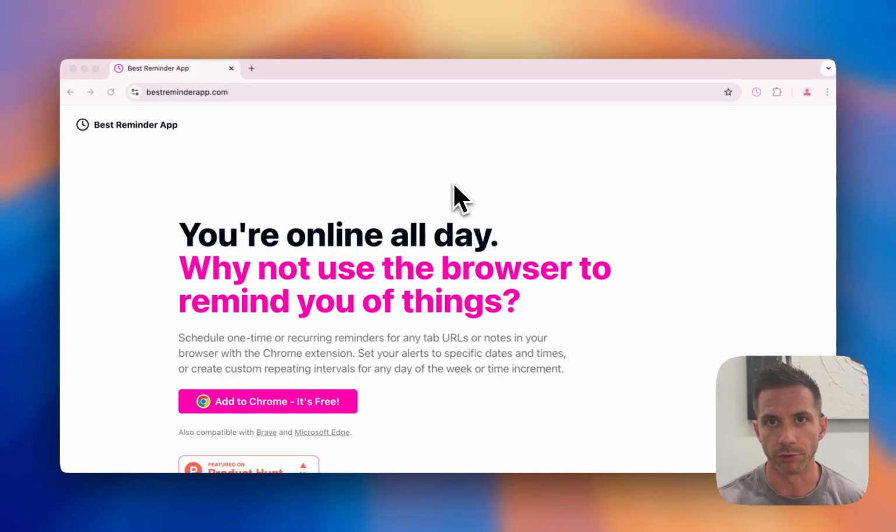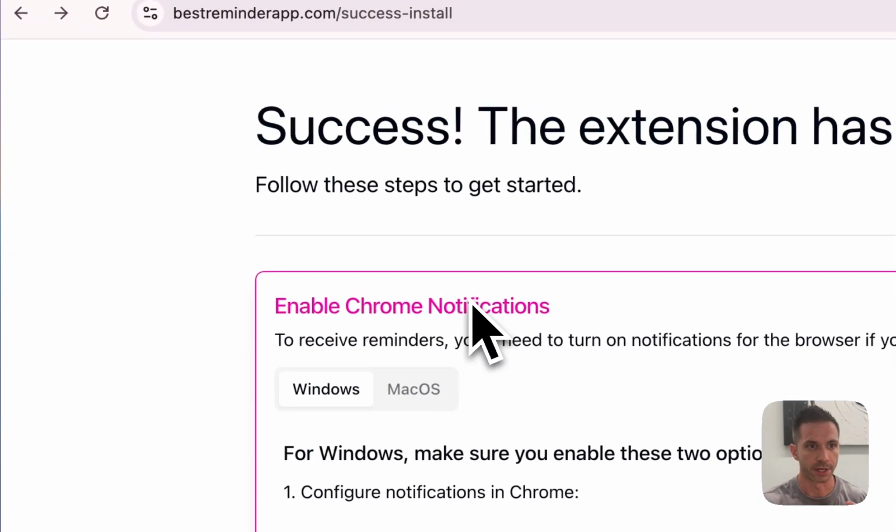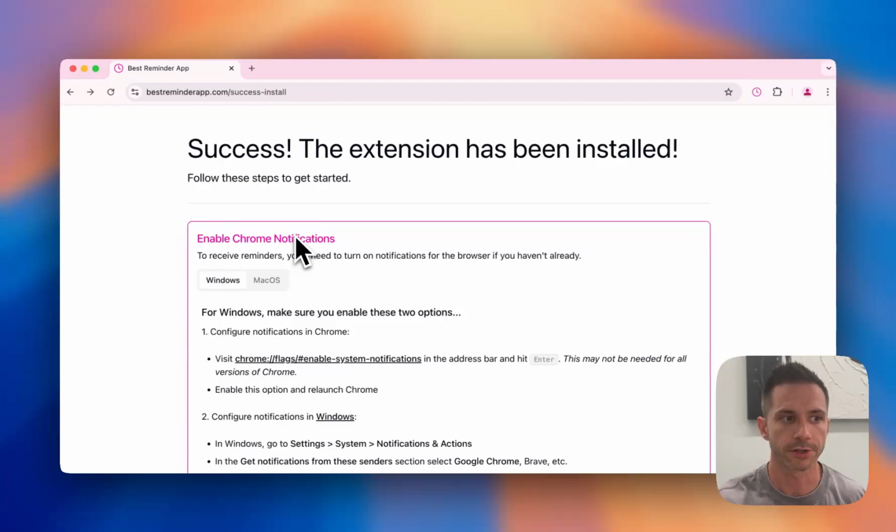Typically in the top left corner. If you're using Windows, it might be in the bottom right. So we just want to make sure that that's enabled so that you get those banners whenever your reminders go off. Now, whenever you install the extension, the first page you're going to see is this installation instructions,